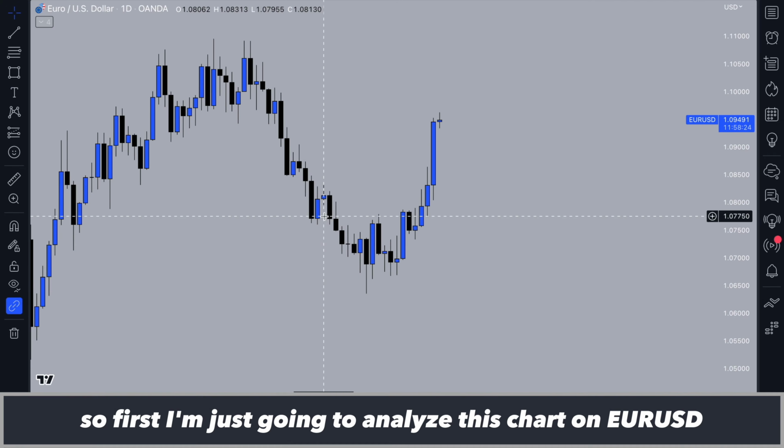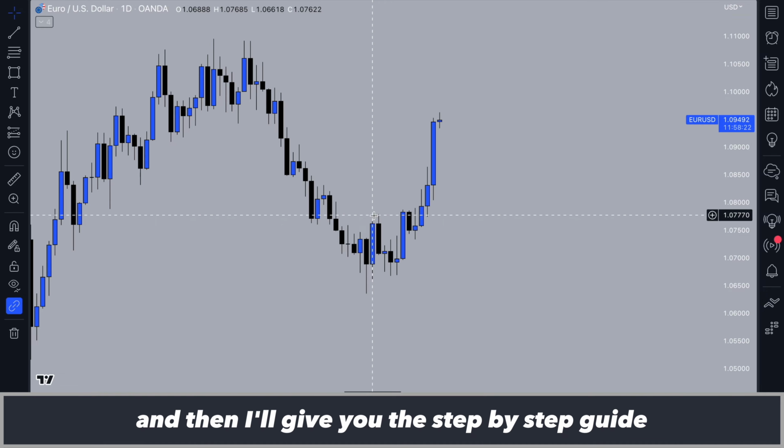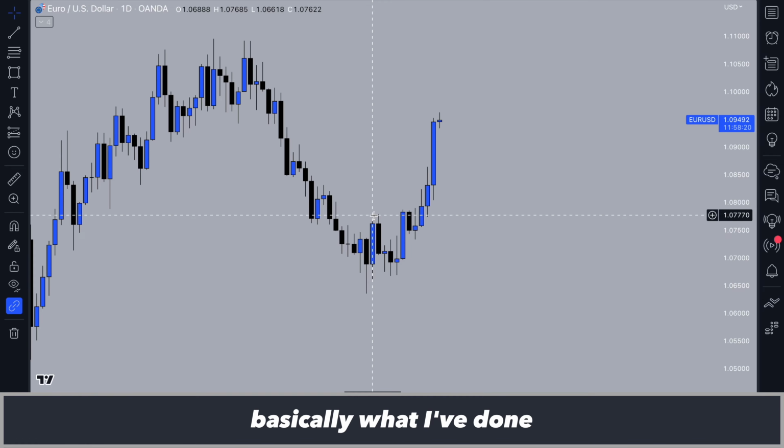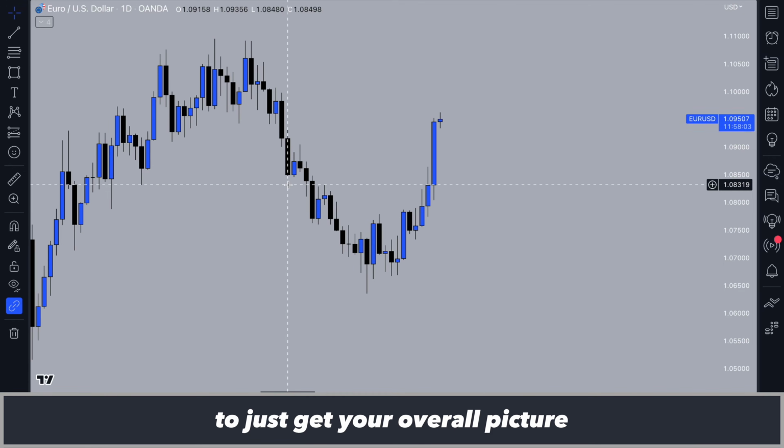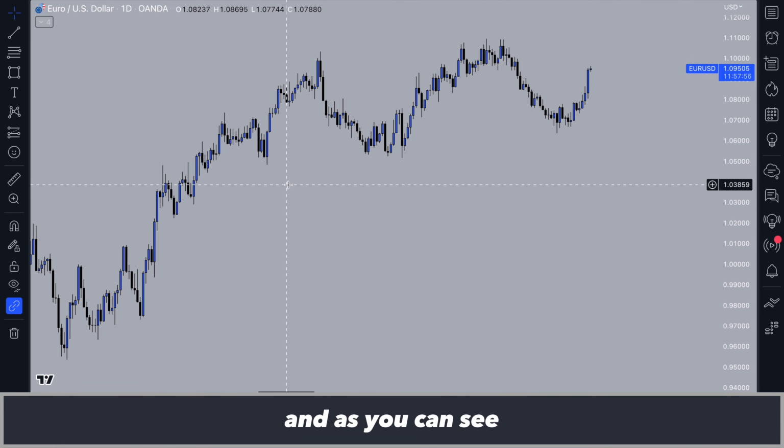So first, I'm just going to analyze this blank chart on EURUSD, and then I'll give you the step-by-step guide breaking down basically what I've done. So the first thing that I do, and the thing that I recommend you do, is go to the daily time frame to just get your overall picture of where price is going to go and the trend that it's currently in. So here we are on the daily on EURUSD,